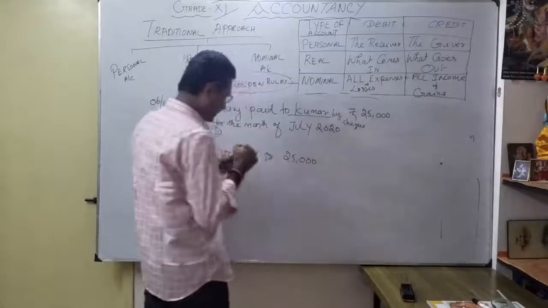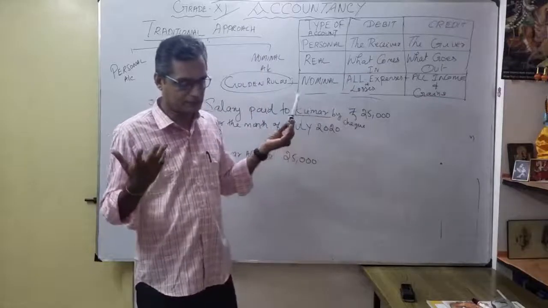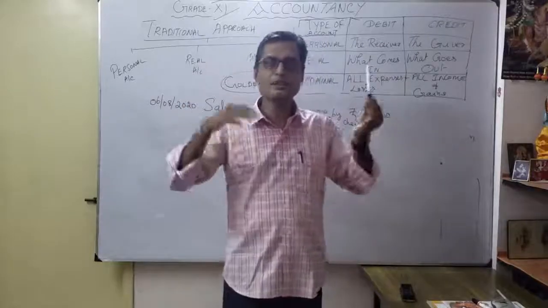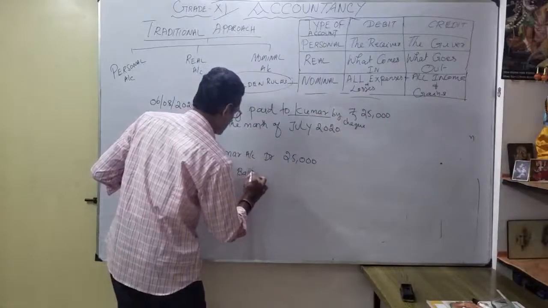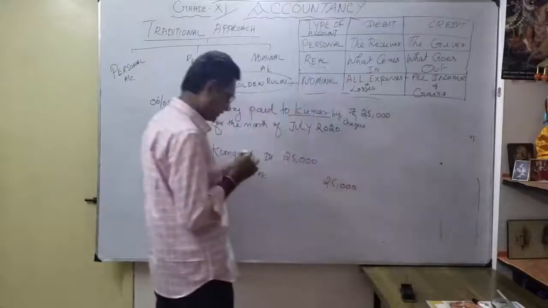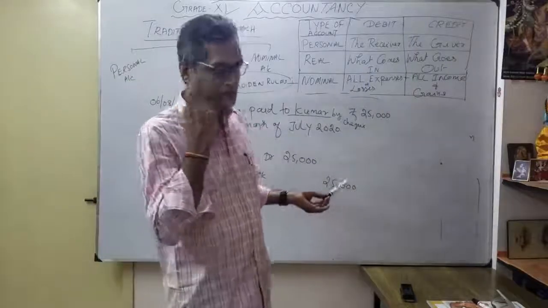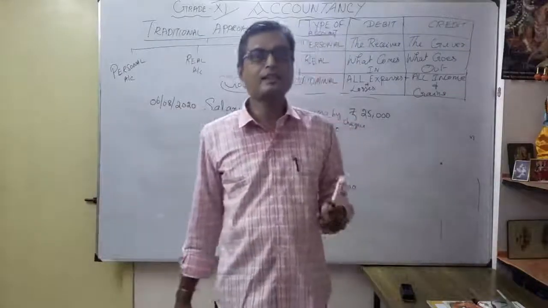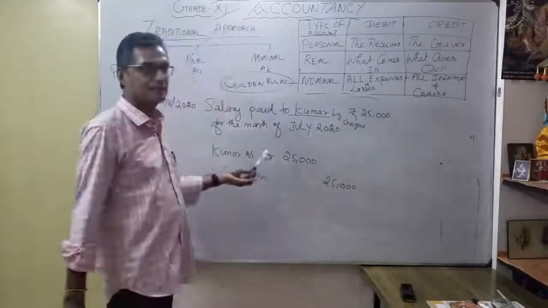25,000. Naturally, I am giving a check or a transfer, a bank entry. So in my bank account, as I am running a business, my bank balance will reduce because I am paying salary. So I have to put it here: to bank account, 25,000. So that's how you simply write the entry. Now whether the entry is correct, that is the first discussion. Kumar account debit to bank account, but you say it is a salary to Kumar. So now we want to verify whether this journal entry is correct or not.